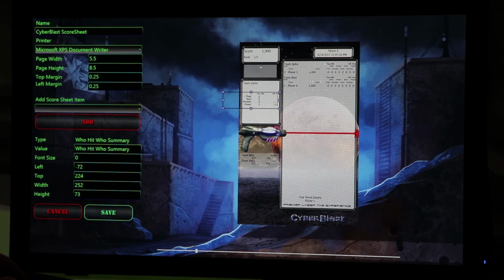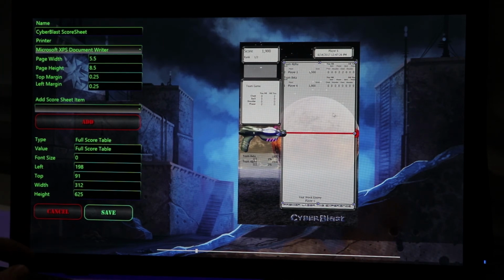You can adjust the positioning and the size of the boxes just by dragging on the interface on the corners. Or you can grab and move the box. You can reorganize it however you like. So this is kind of our standard layout with the column of team stats, total score and rank on the left, player name and game time up on the top right, and then the scoring table with the full detail on the right,